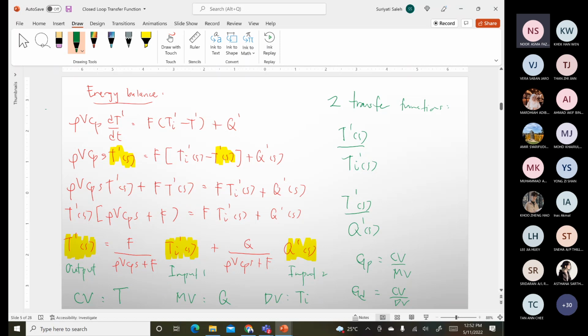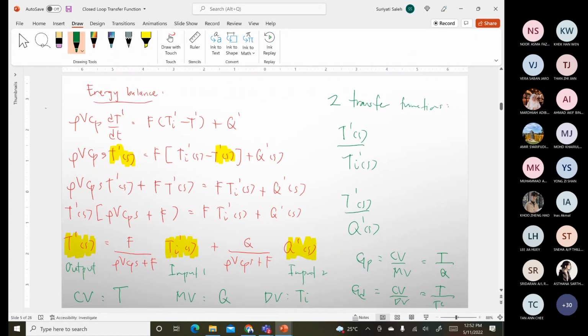So here the control variable is our T divided by the manipulated Q. And for the GD, the control variable is still the temperature and the disturbance is the Ti. So this indicates that T prime over Ti prime here